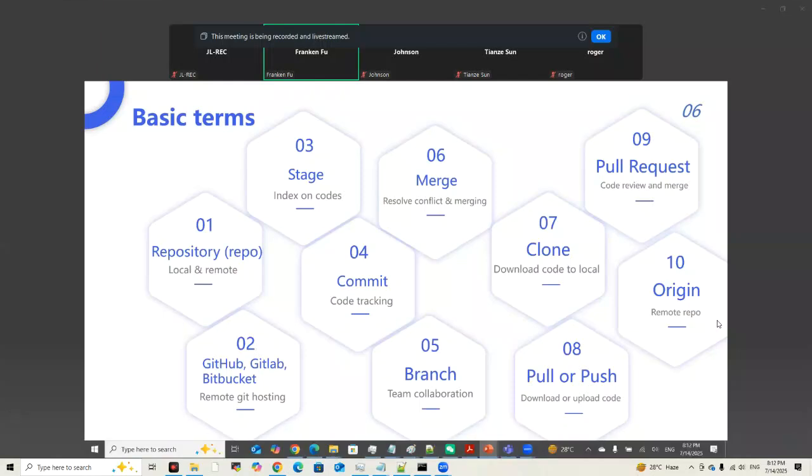So we first of all put our code into the staging area and index the code, and then we commit the code. Once we have the commit, we can track the code, right? We can check the history and compare the code. And